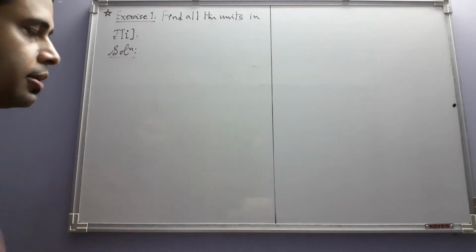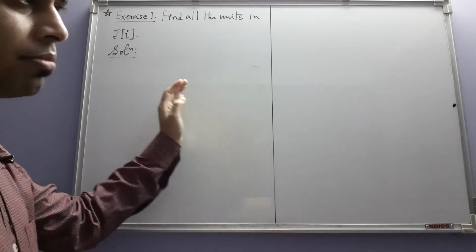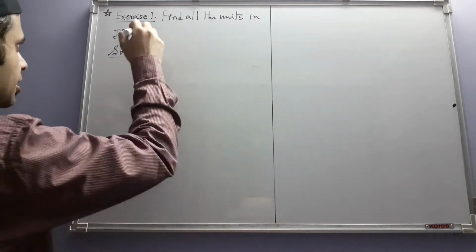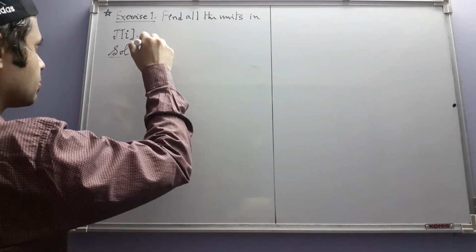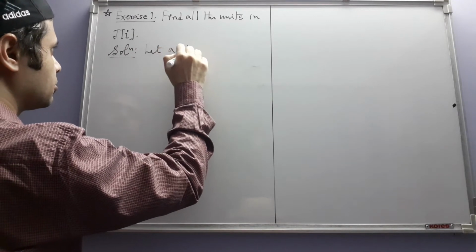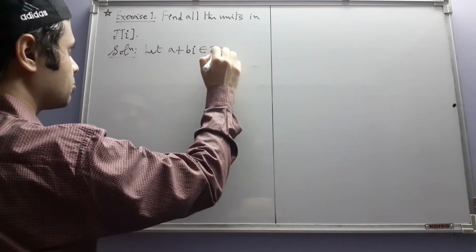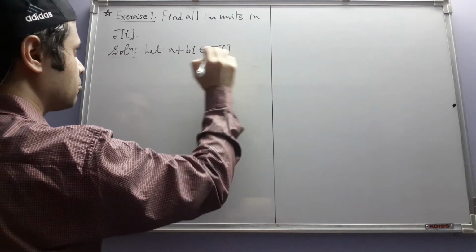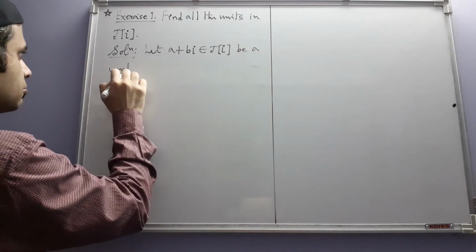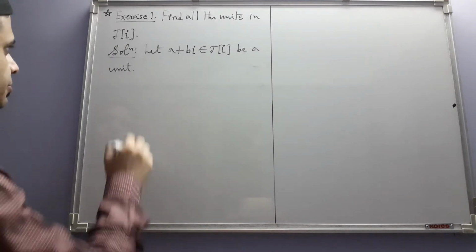Being a Euclidean ring, this already has a unit element which is 1, but besides that we may have other units also. So let us see what we can do. Let a plus bi in J(i) be a unit, be any unit in J(i). Then